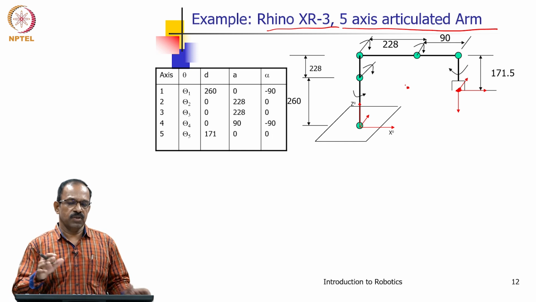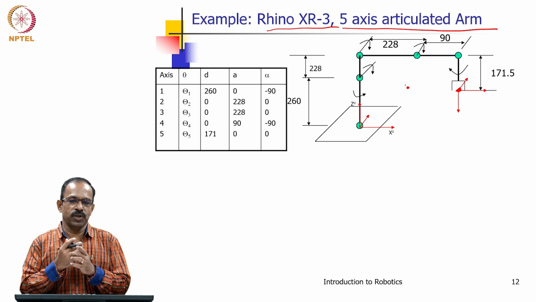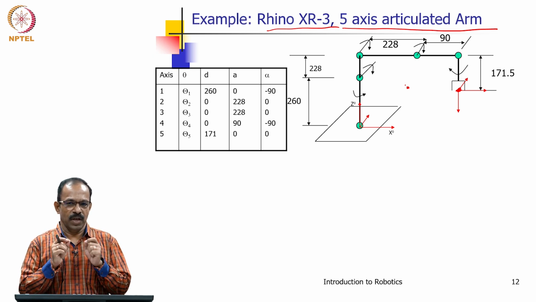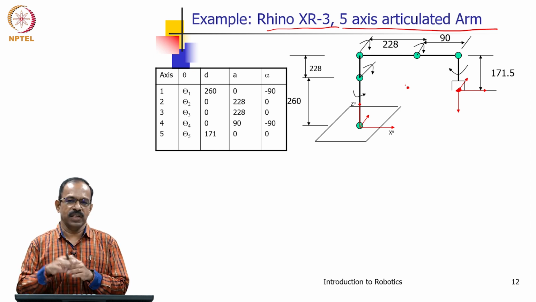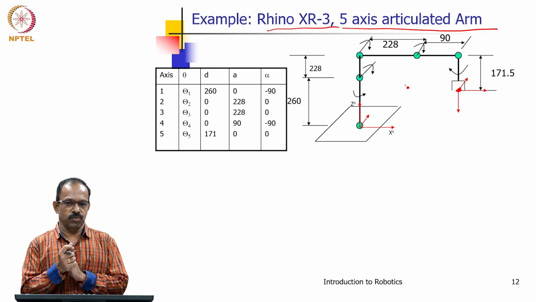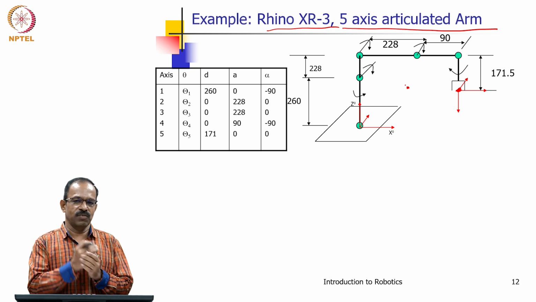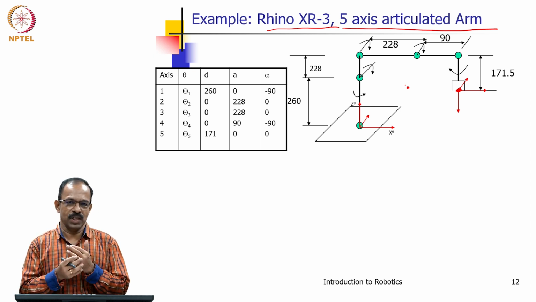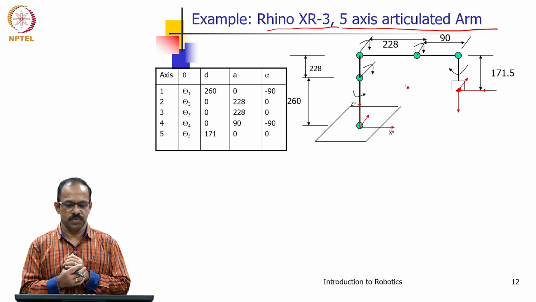And once you have a solution for a given manipulator, that is there always. You do not need to worry about that manipulator again, because every manipulator first you need to find a solution, then that can be applied for any other situation. So, it is all very specific to the manipulator. If you design a new manipulator, you need to see whether you can actually get an inverse solution by a closed form method, and if you can get it by closed form, then you can solve it and then use it for all other applications.